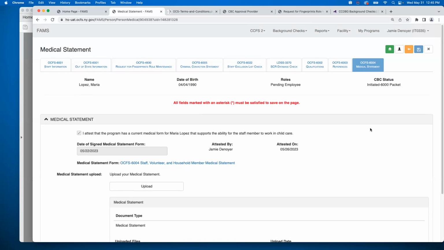So if it's uploaded in the system and the regulator can review it before they're doing your renewal inspection, that makes life easier, I think, for both the agencies and the regulator. But again, you don't have to upload the forms, but you will have to maintain them on file for review.